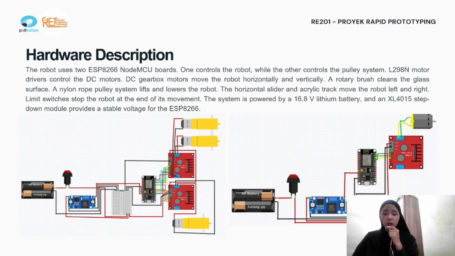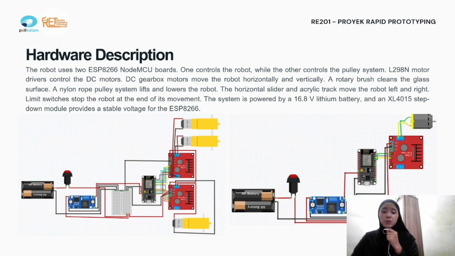The robot is also equipped with a rotating brush designed to clean the glass surface and allow the robot to move up and down. A pulley system with a nylon rope is used for movement to the right and left. The robot uses a horizontal slider and acrylic rail.